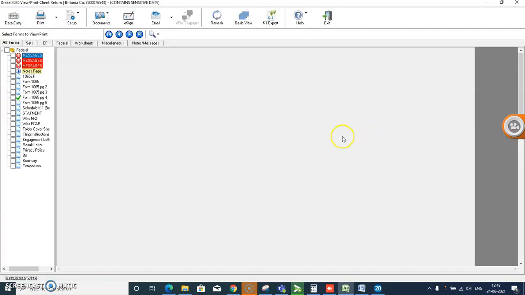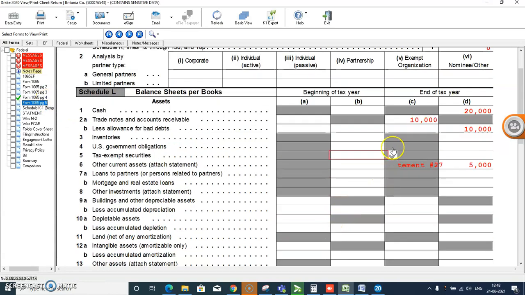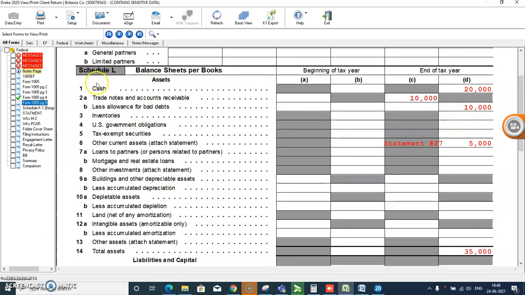Now Control V. Let's have a look at how it looks. See, it is showing $20,000 for cash, $10,000 for accounts receivable, $5,000 for other current assets.